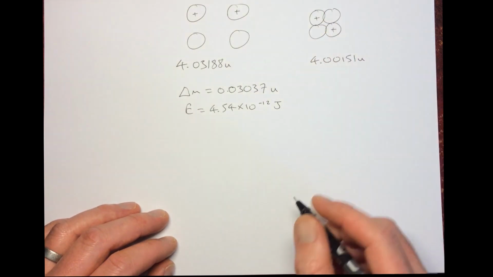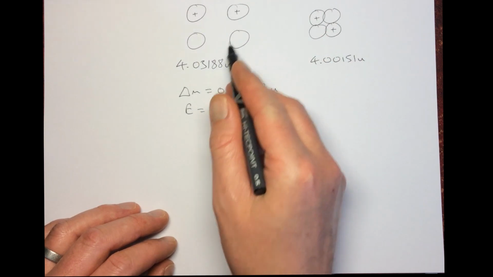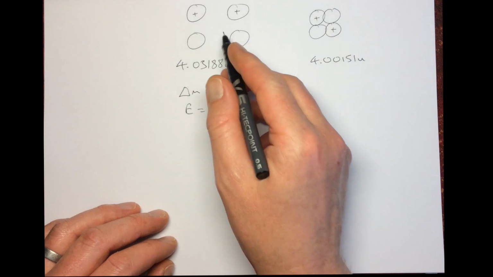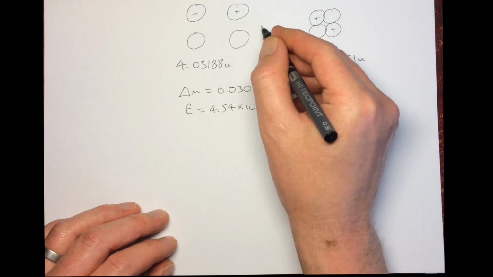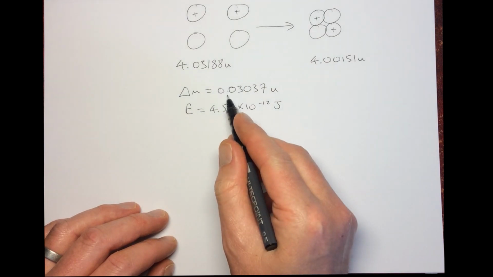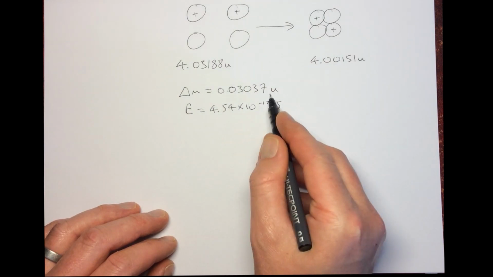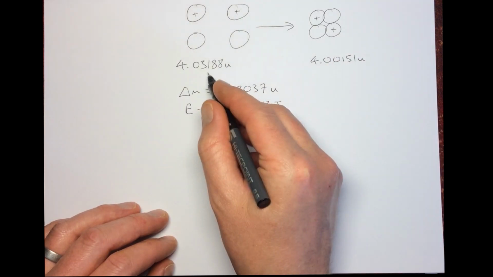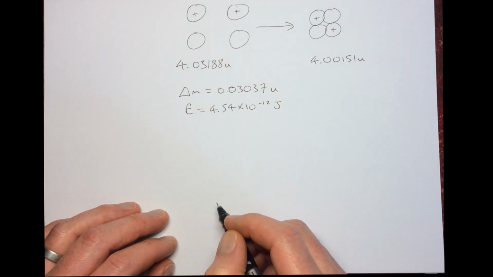And this is our helium nucleus, okay? We know that the mass of the individual neutrons is greater than the mass of the helium nucleus. So when we combine these together to make our helium nucleus, there's a decrease in the mass, okay? There's a mass decrease, a mass defect. Okay, so the mass of this is less than the mass of the individual neutrons that you put together to